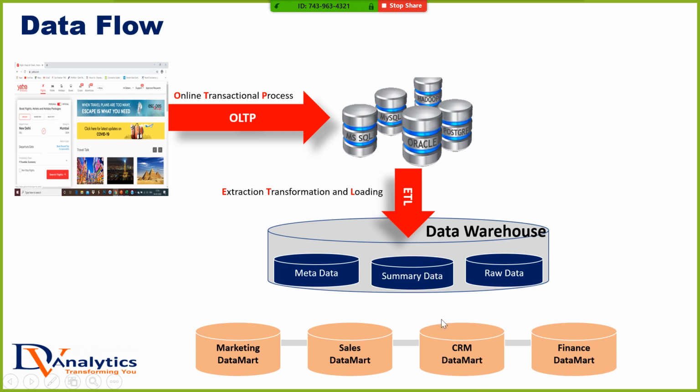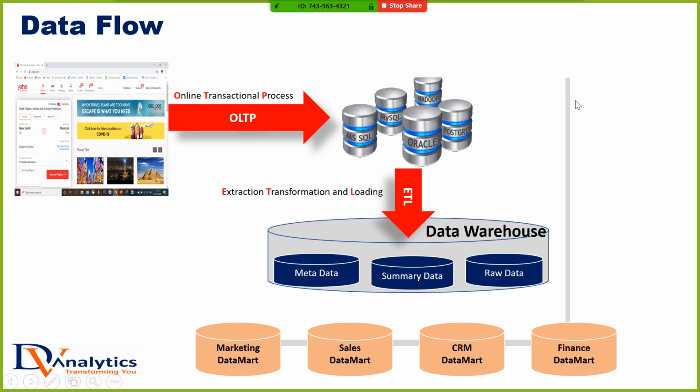In the same way, the CRM team will take care of your booking reference number, your PNR number, your travel date, and the traveler's name and date of birth. All this information is captured by CRM. If you want to go for cancellation or anything, you will call the customer care executive. That is the CRM team, who will have that data for you. Once this data is stored, these are called data marts. Understood, guys? The concept is: through OLTP to the database, from the database to the data warehouse. In the data warehouse, you have metadata, summary data, and raw data. This data is connected to create different data marts. Each department pulls its data from the metadata, summary data, or raw data.